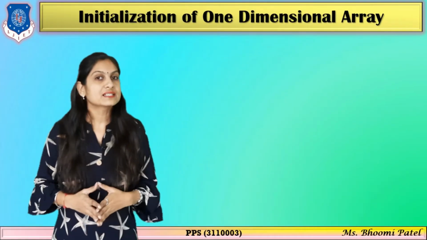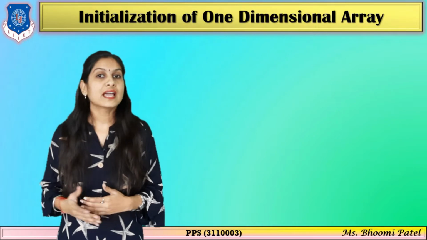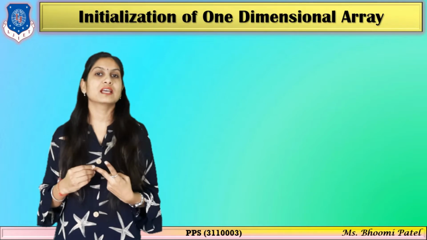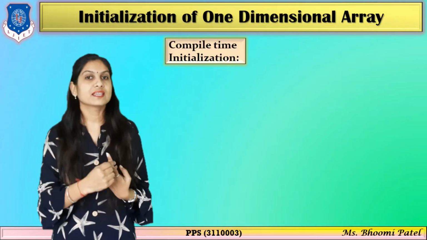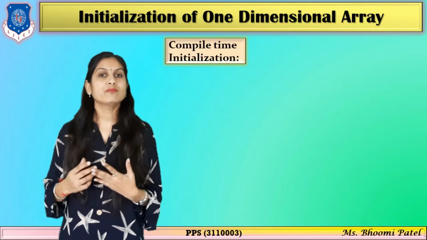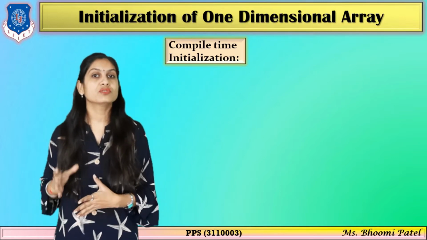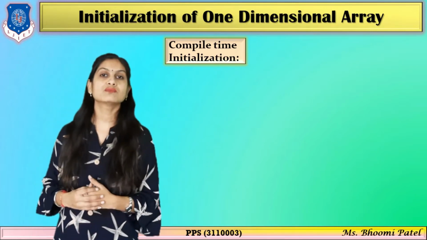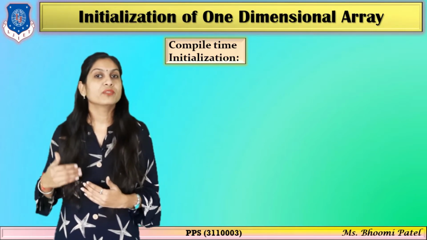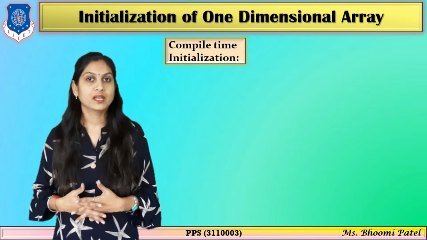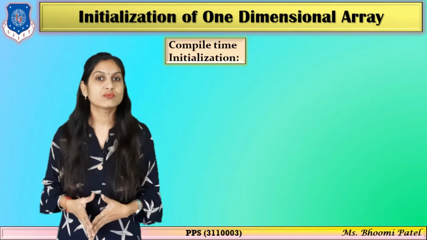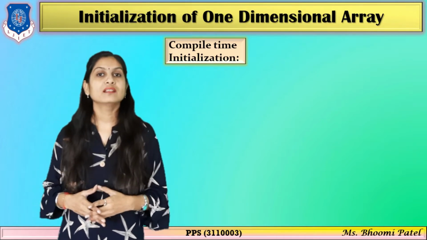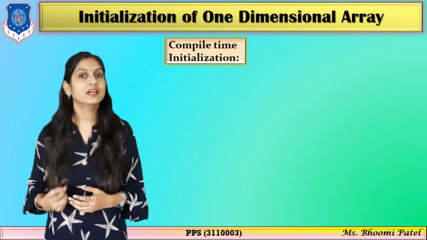Now move to the initialization part. How can we assign values into our memory? There are two different types of initialization. First is compile time and second is run time. Compile time means we assign fixed values to our array, which never change during our program. But run time means what? The data will be given by the user and that will be dynamic. So compile time initialization uses fixed values for our array, whereas run time memory allocation means we can assign data at run time.